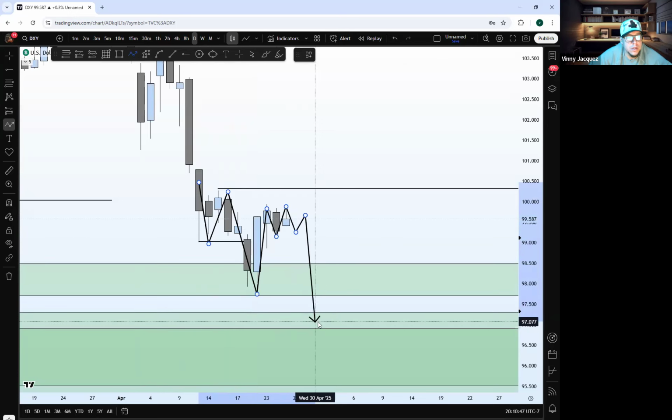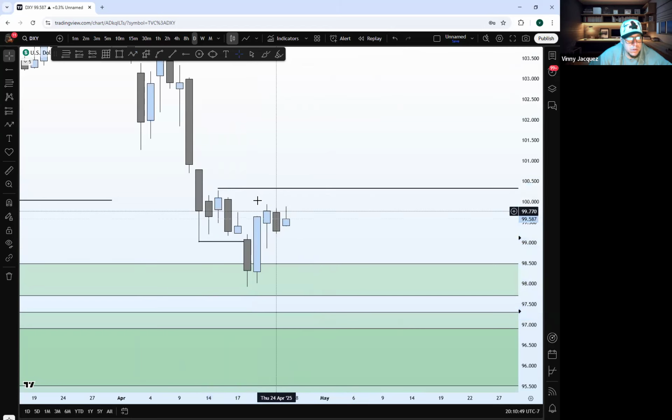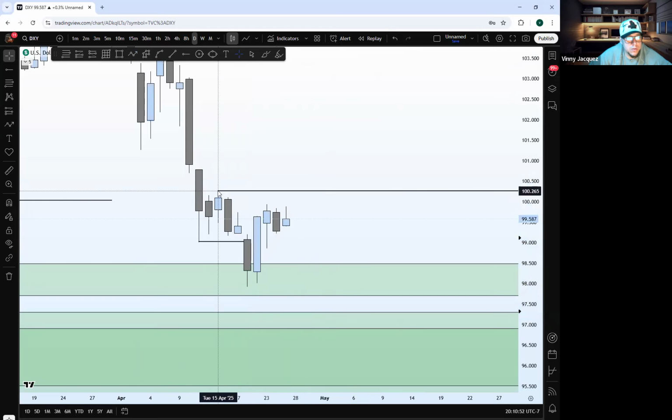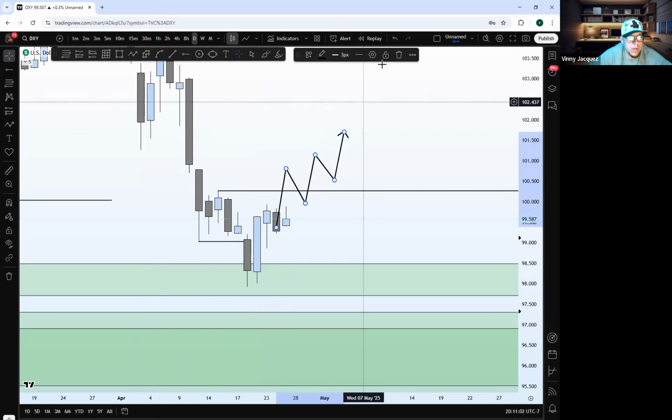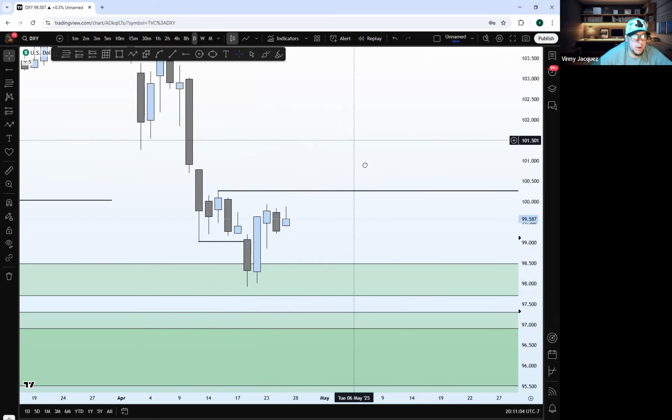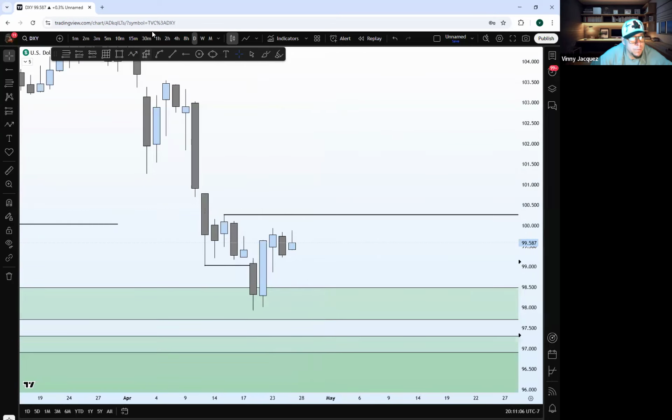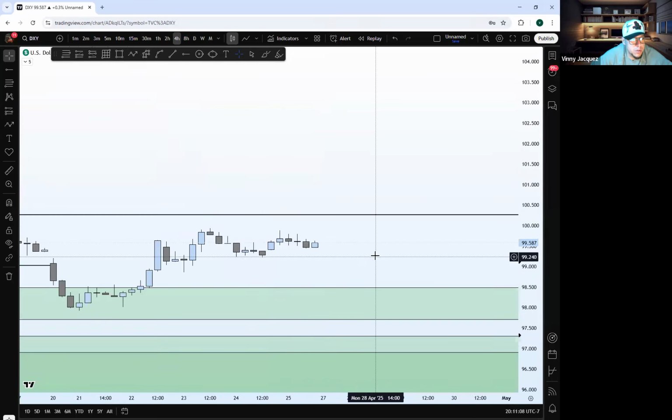That can happen. So if the market holds this area, right? If we do not break and close above this, we can continue down. Now, if we can continue and break and close above this, giving us a change of character, we could possibly get some more upward momentum, right? That's where we start to expect the dollar to give some bullishness for a little bit, right? But now, as we continue to drop to a lower time frame,